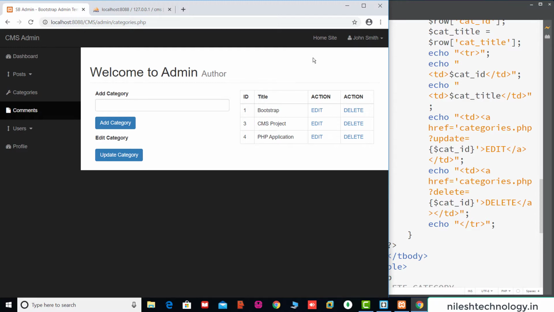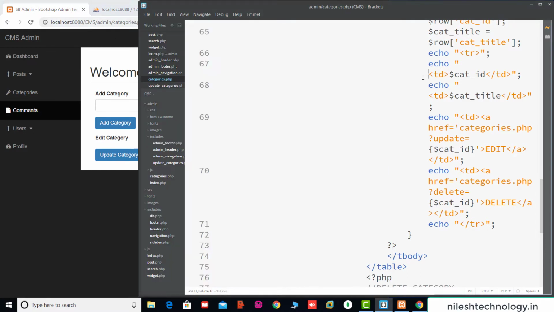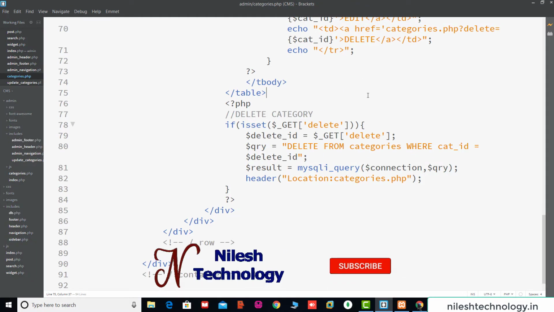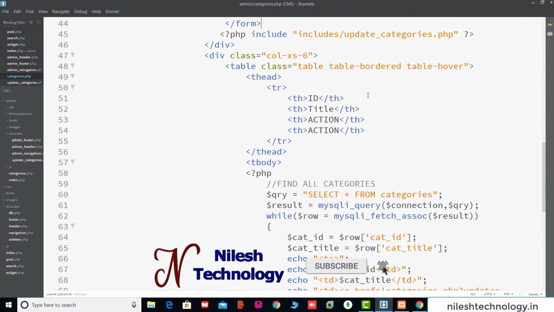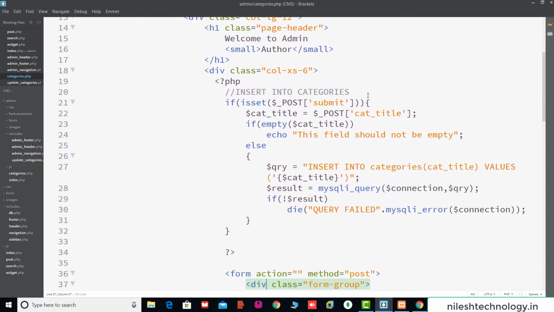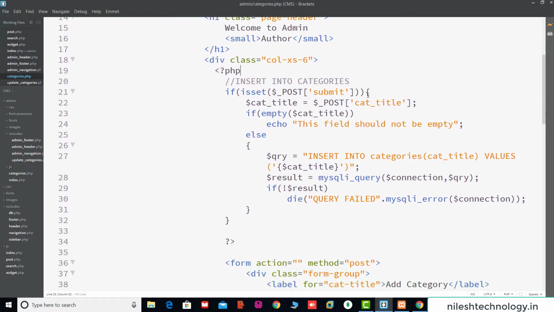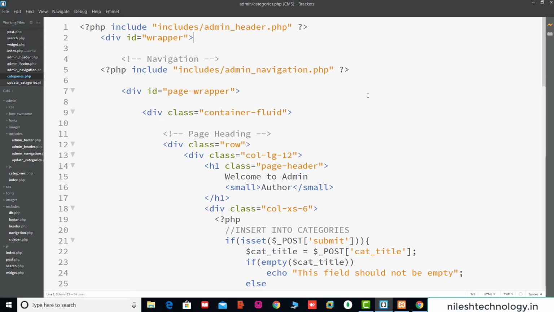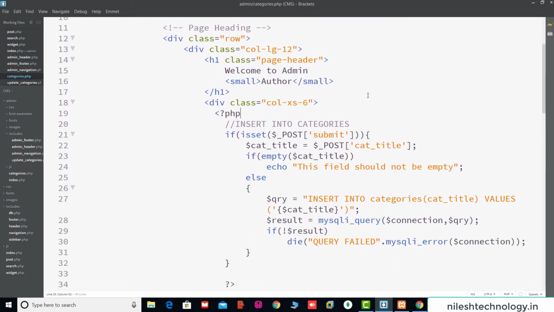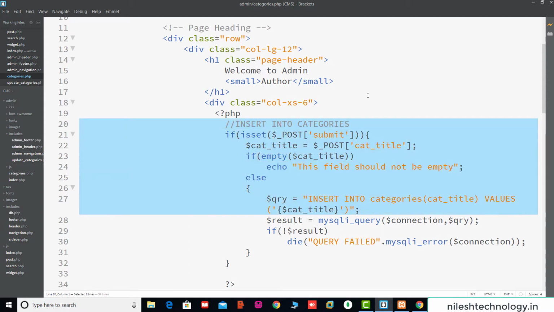Now before going to the admin section, first we are refactoring some code, so that we can reuse some data in other applications. So this is the categories.php file. Here we move some data into another file. See here, this is the categories.php. This one was the insert into categories PHP script. Here we select this data and move it into the functions.php file. So select that data, Control X.